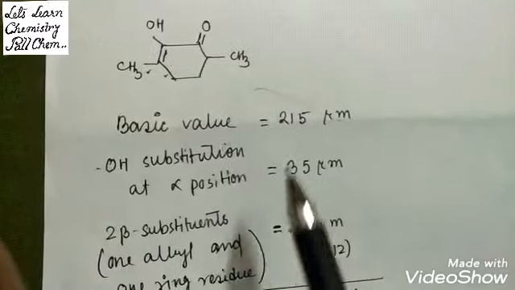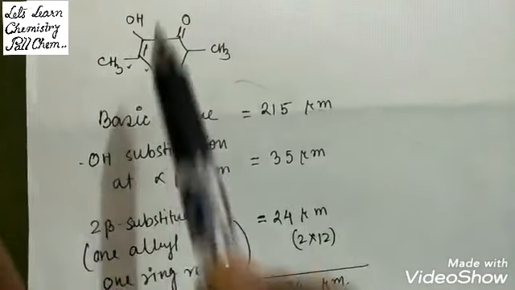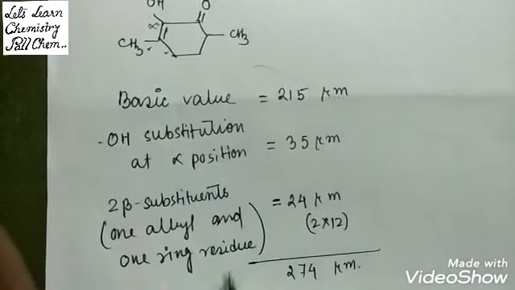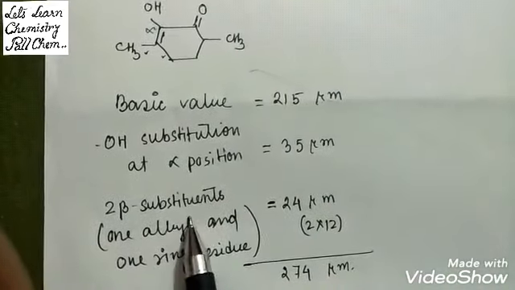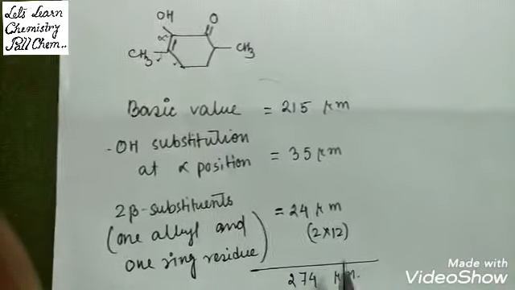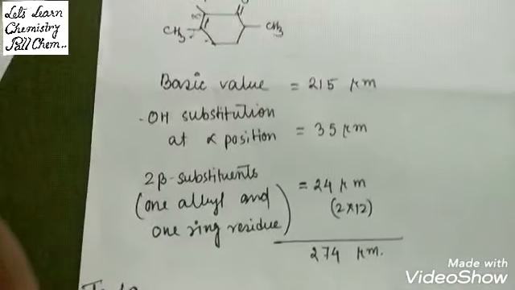Similarly, in this example, basic value 215, OH substitution at the alpha position. This is alpha, OH substitution, 35 nanometer. 2 beta substituents. One is a methyl group, one is a ring residue. So 2 into 12, 24. The value is this one. So these are